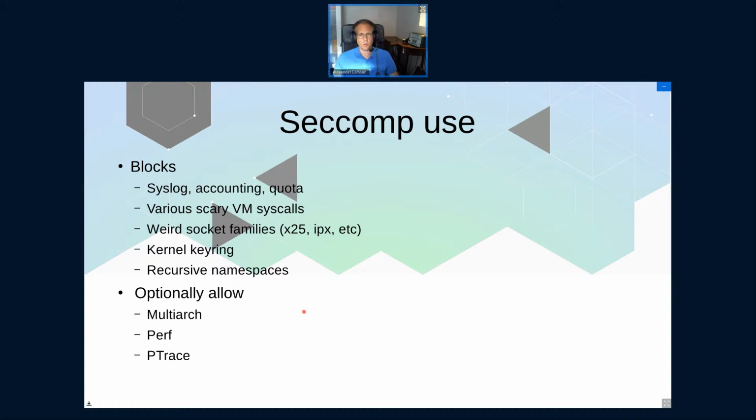And for security reasons, we also have to disable recursive namespaces, due to various things in the portal implementation relying on clients not being able to modify their file system hierarchies. By default, we also disable multiarch, perf, and ptrace, but these are all permissions. In particular, ptrace is important if you want to run an IDE or do any kind of debugging or things like that.